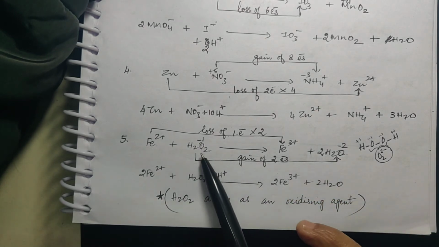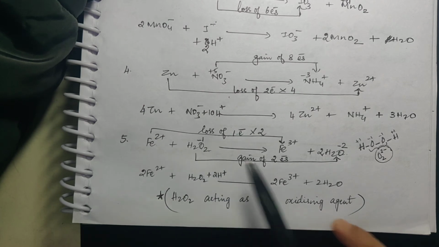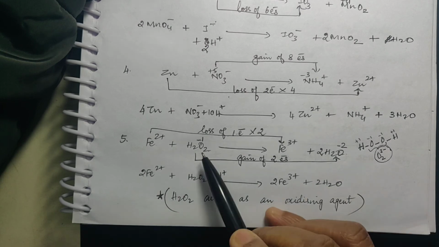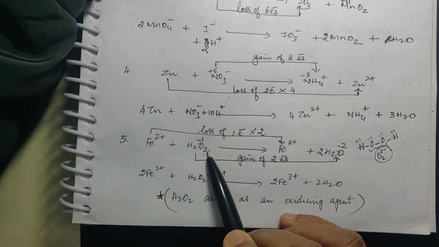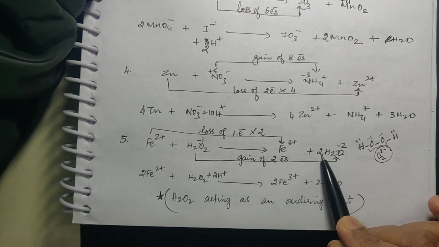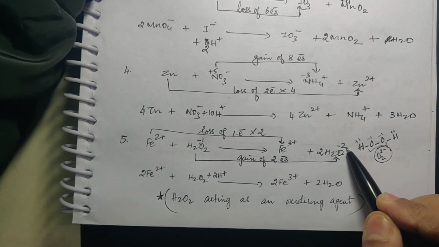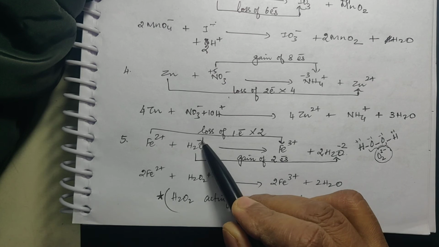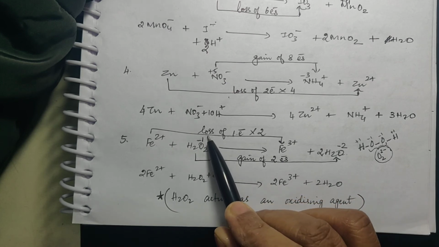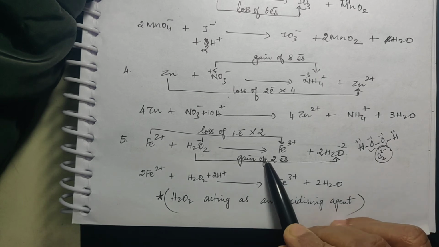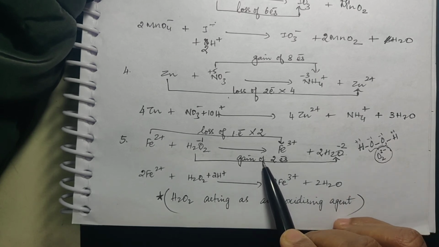Right? So here H2O2 goes to 2 water. Why did I put 2 here? Because oxygen is 2 in number, so to compensate that, I have put 2 here. Right? Okay. Now 2 into -2 is -4 and 2 into -1 is -2. So here there is a total of -2, and here a total of -4 is there. That is why there is a gain of 2 electrons.